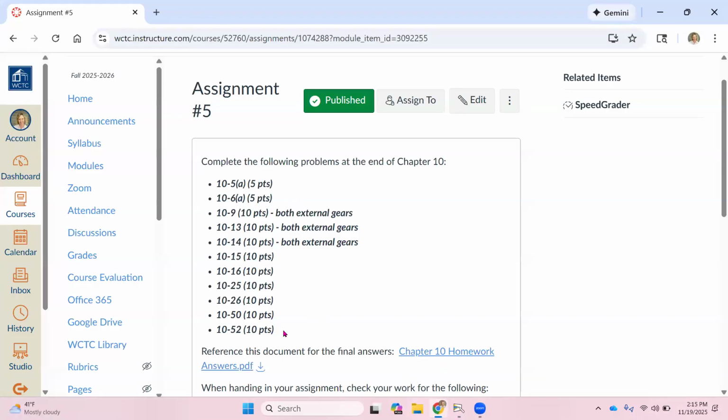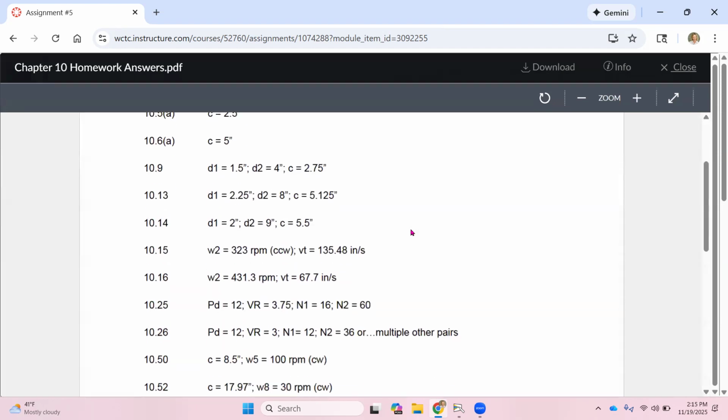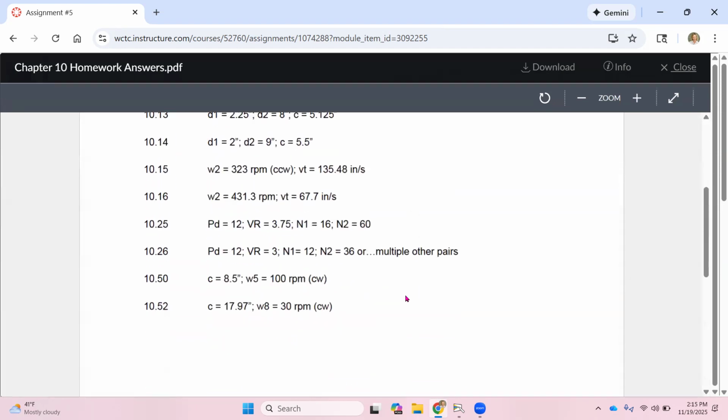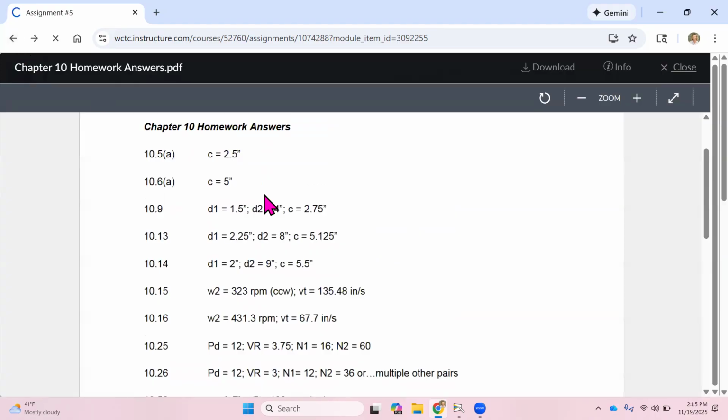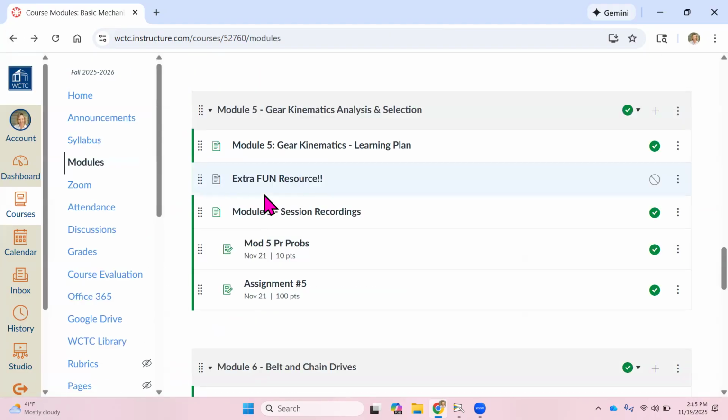Use the formatting that we did in class during our lecture demonstrations to be what is expected for you to hand in for that assignment. And then you can check your final answers with the PDF that we have here. Okay, so the rest of the time that we have together today, you can work on this assignment or anything else that you might be needing to for prior modules. I'm going to stop